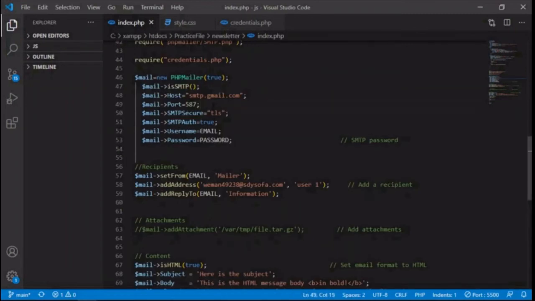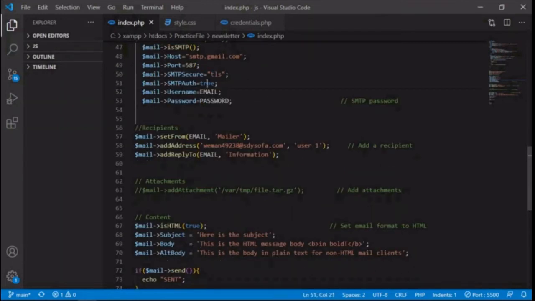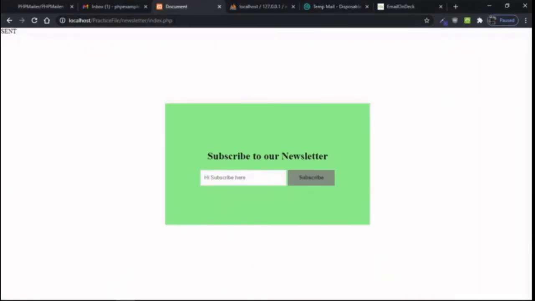The default port of that SMTP server is 587, SMTP secure is TLS, SMTP auth true. Go here and refresh your page. Yes, we are getting this successful sent message.